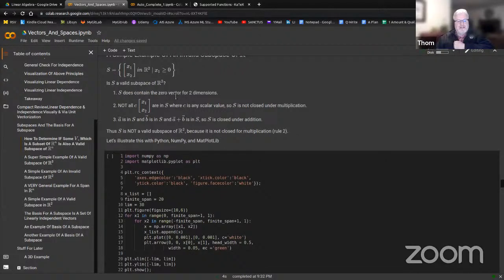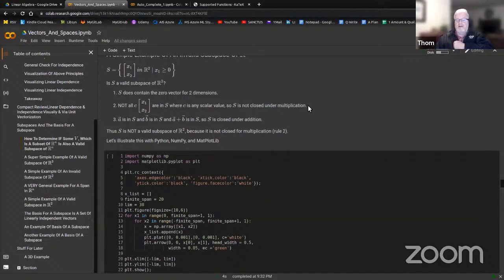Well, S does contain the 0 vector for 2 dimensions, but not all C times x1 and x2 are in S. Why? Because if C is all real numbers and we use a negative number, it's not going to be x1 greater than 0 anymore. It's going to be x1 less than 0. So not all C times x1 and x2 are in this set of vectors where C is any scalar value,